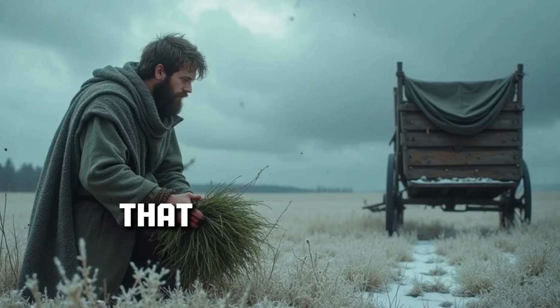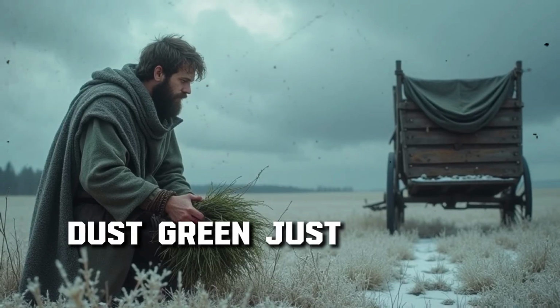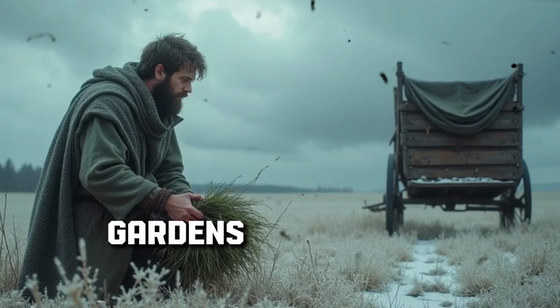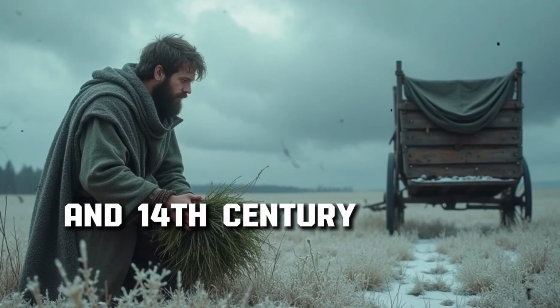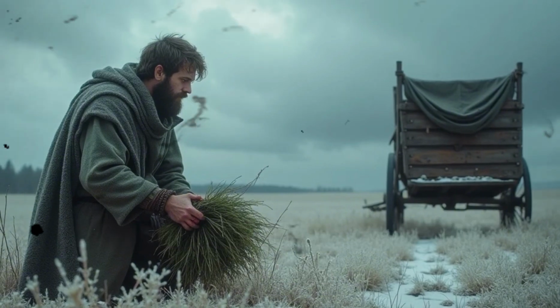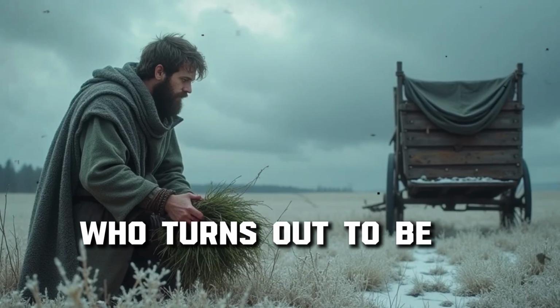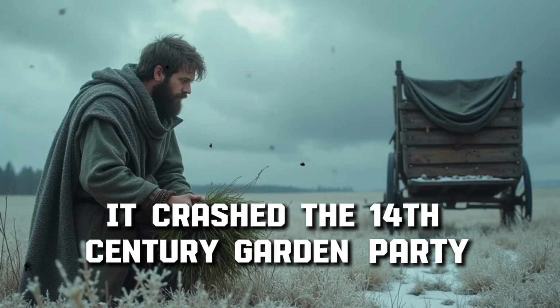Unlike long greens that 14th century farmers deliberately planted, dust green just showed up. This wild green volunteered in fields, gardens, and waste places throughout Albion, and 14th century people were smart enough to eat it instead of just pulling it out. Dust green is basically the uninvited dinner guest who turns out to be a master chef. It crashed the 14th century garden party, but brought...